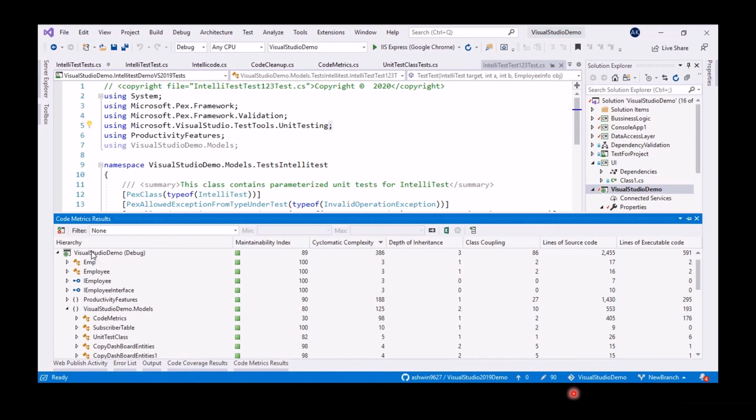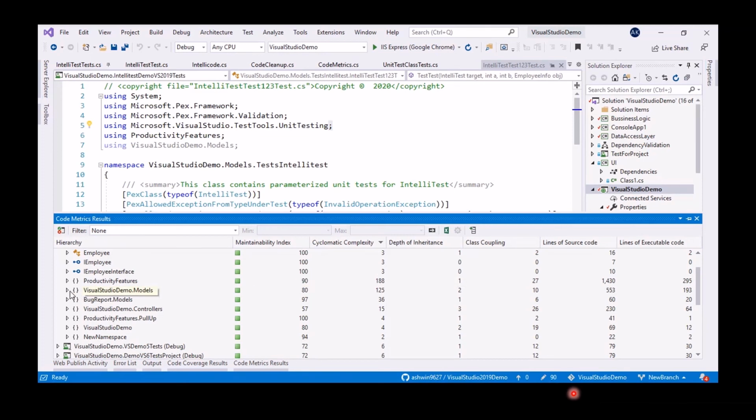Inside this project, you can see a lot of namespaces, interfaces, and other things. You can also see the overall namespace counts, like whether it is maintainable, the complexity, everything.